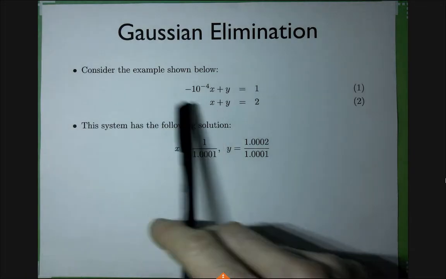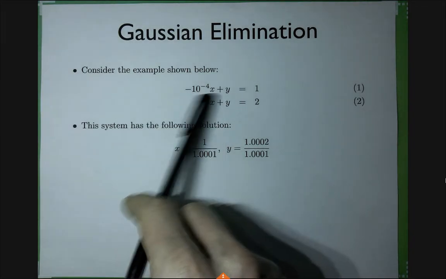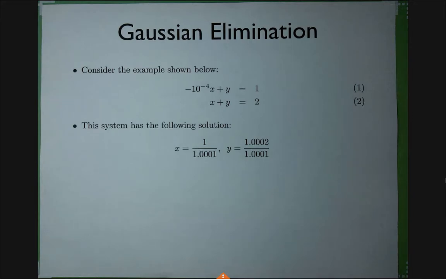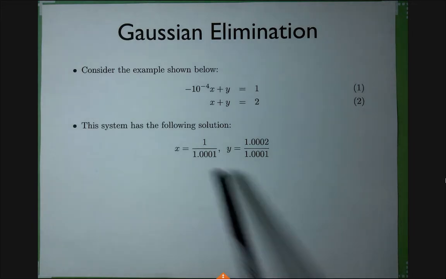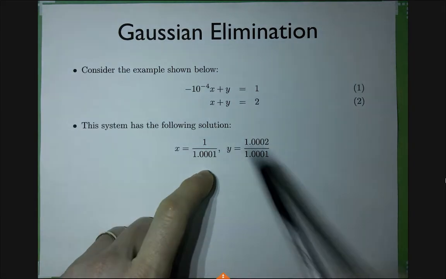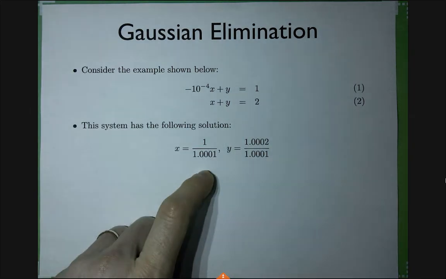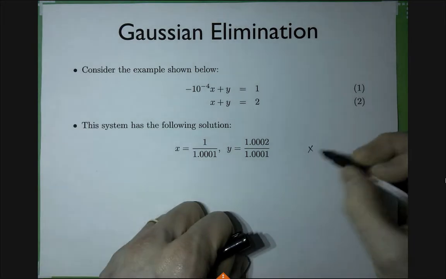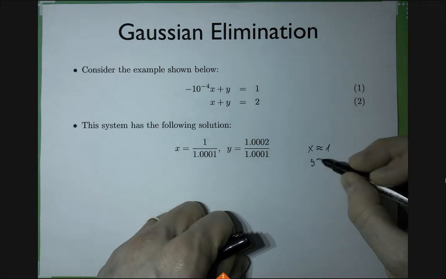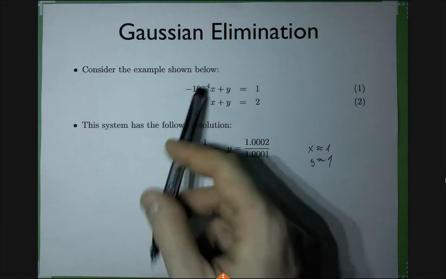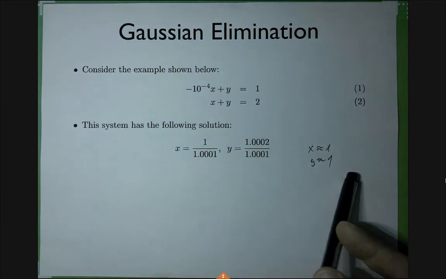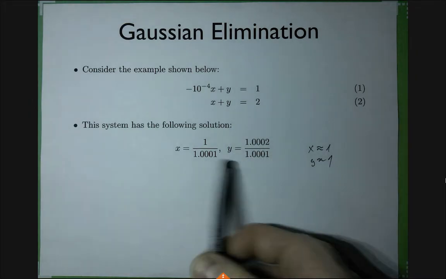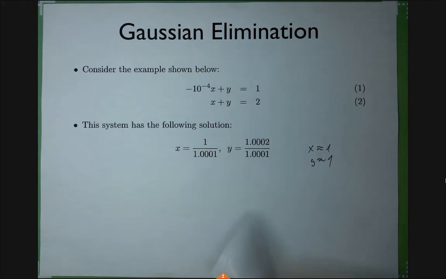So consider this system of linear equations. I have some very tiny number, 10 to minus 4, and I have a second equation. If I'm looking at it roughly, this is basically almost 0, right? And the solution is almost 1 and almost 1. So basically x is, if I round it, it'll blur my eyes or something. Makes sense, right? This is almost 0, so y is 1. Well, y is 1, that's fine. And 1 plus 1 is 2. Here it actually works exactly, right? So the solution is almost 1 on x, almost 1 on y, with some little details.